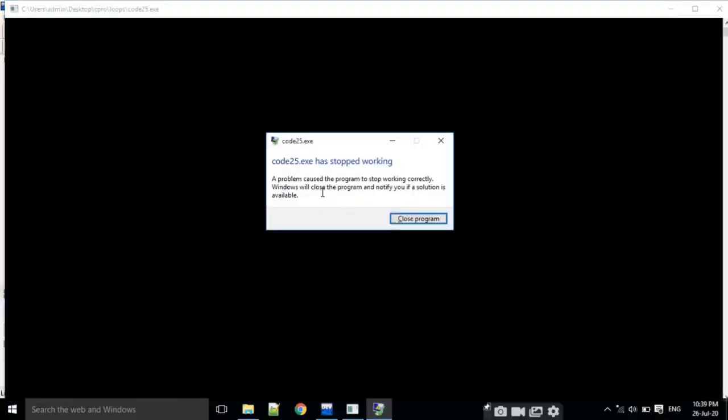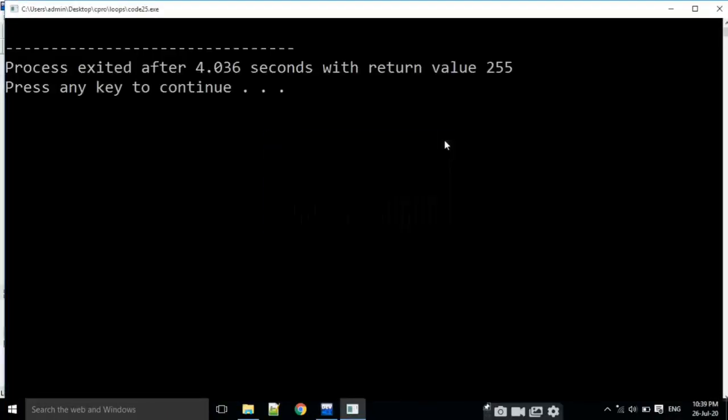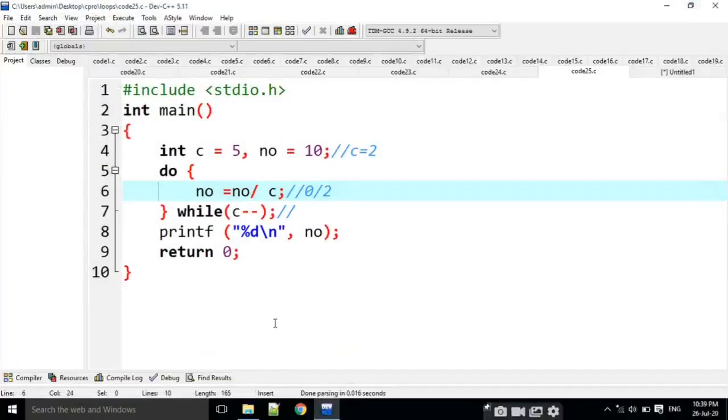It is going to be an error and an exception here. That's why there is no output here. 0 divided by anything is going to be some error here. That's why it is crashing the program and it comes out of the loop.